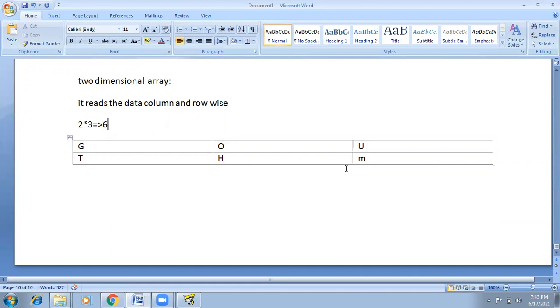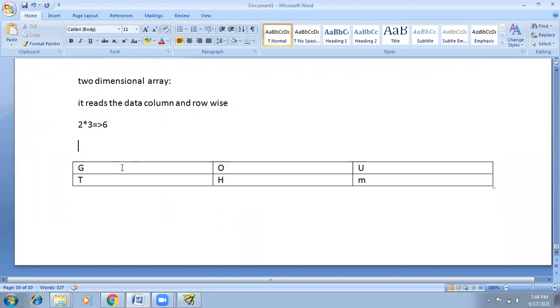Then how do we read this data? You know the 2 into 3 matrix format, and different types of matrices like zero matrix and transpose matrix.